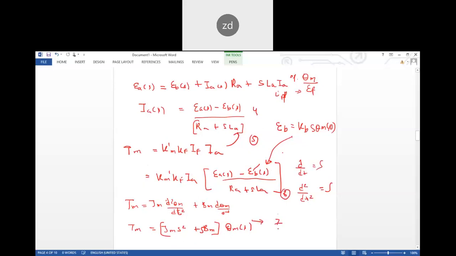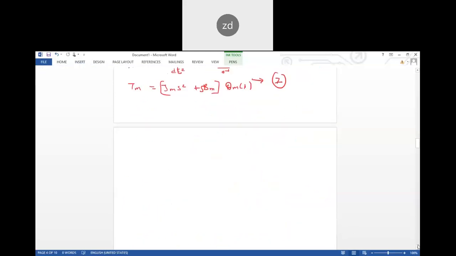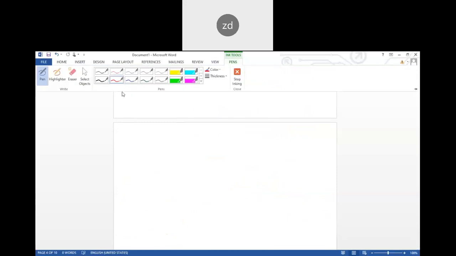You can compare these equations after putting the value of Eb equal to Kb s theta m(s). So I'll directly take a new page wherein I'll be comparing these equations. So let's compare the equations. Let me take the pen. So I have these equations as